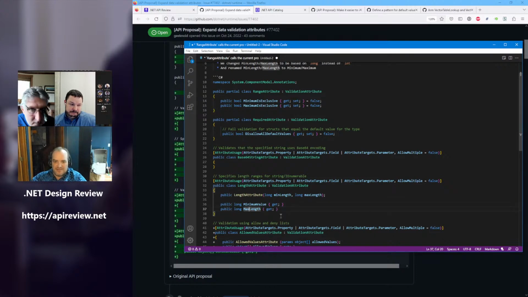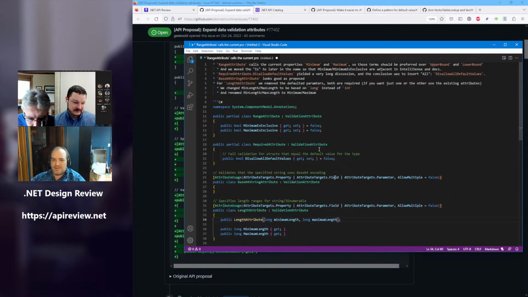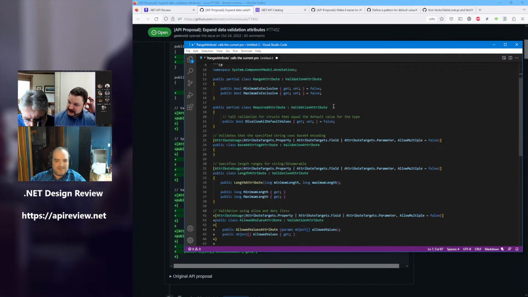Minimum length, maximum length, and in this case, we bridge both the range attribute nomenclature and the length attribute nomenclature. So there is already a string length attribute, right? Which is surprisingly similar to this that we haven't looked at yet. And they go with maximum length and minimum length. Well, all right, done. Expand min and max. Good catch, Stefan. Thank you.